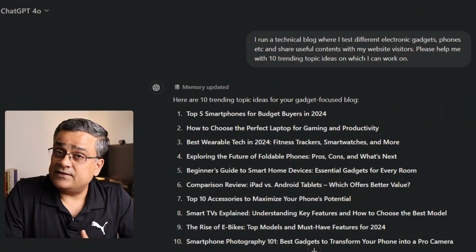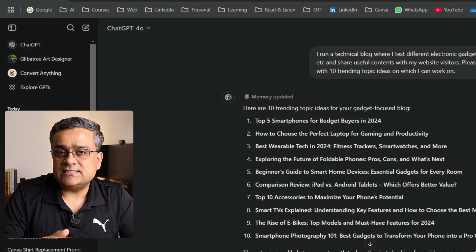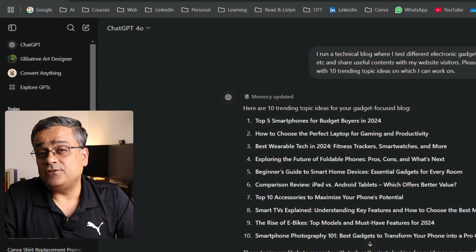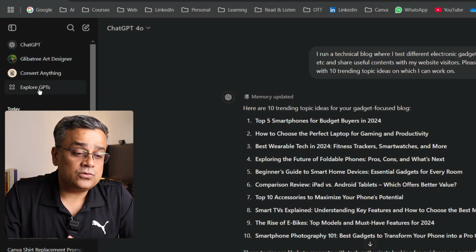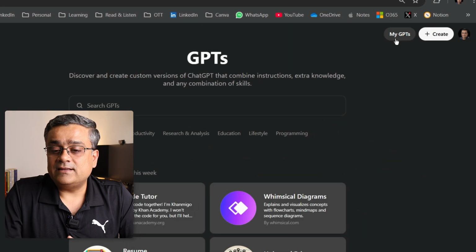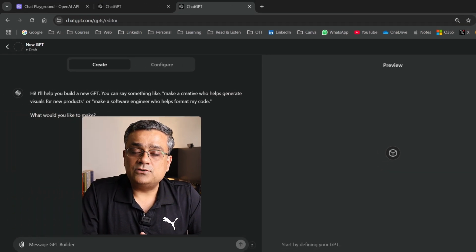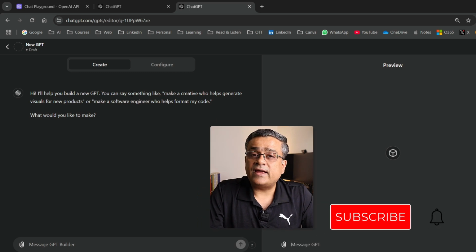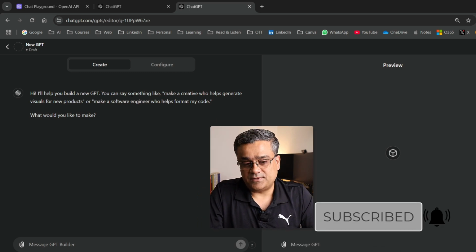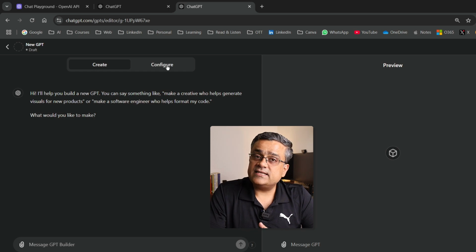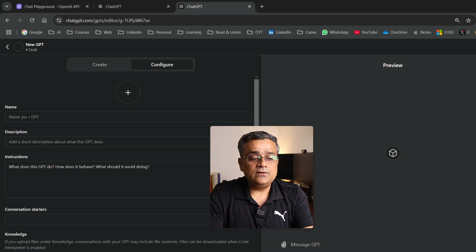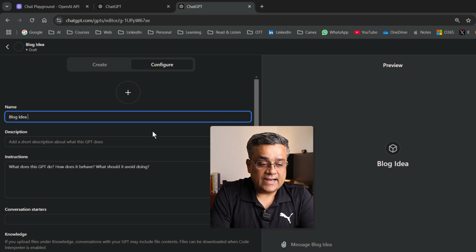Now let me show you another option, and that's the specific purpose why OpenAI built this particular tool, that is for custom GPTs. And this is only available for the paid plan. But if you don't have a paid plan, just see how it works, and then you can evaluate if you have any such need or not. So here if I go to explore GPTs and then I click on create, I'll be able to see this option where I am trying to create one new custom GPT. Now there are two tabs here. One is create and the second is configure. I'll go to configure. I will give this name as blog idea generator, and then I'll skip the description part,